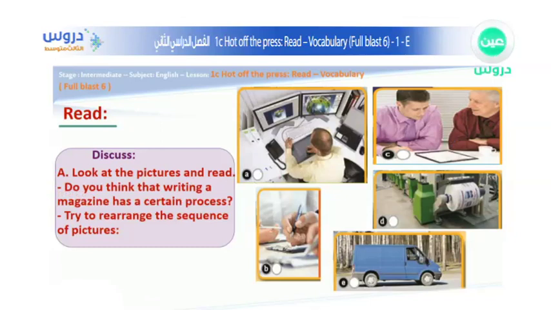You think A is stage number 3, okay. How about number 1? C? Okay, the first thing, they meet and they discuss topics. Okay, what happens after that? Designing it on a computer is step number 3. How about 2? B, okay, interviewing people, and then designing it on a computer, and then what? Printing it or delivering the magazine? Which one happens first? Definitely print the magazine and then take them to shops everywhere. Thank you, everybody. Your answers were correct.